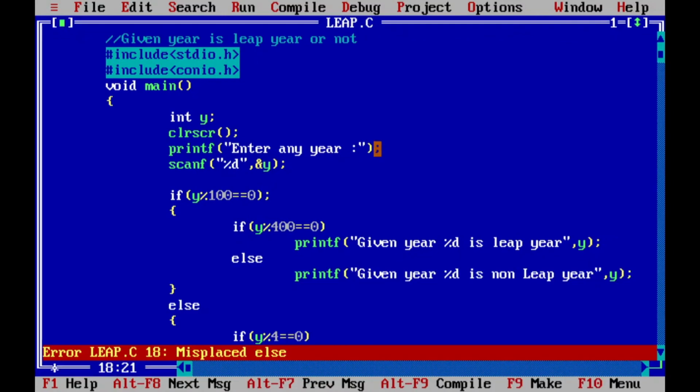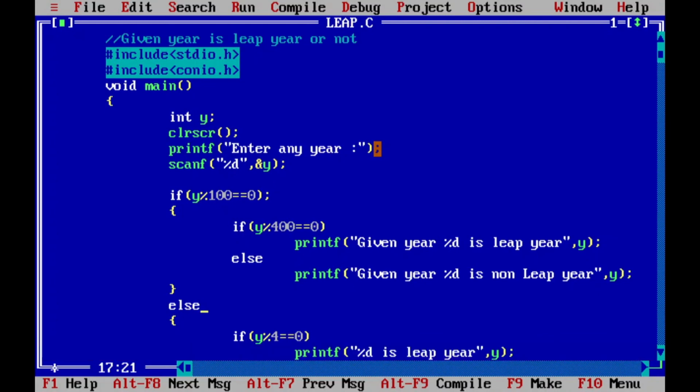It shows a misplaced else error because here the if is terminated by a semicolon. There is no if, then what is this else? That's why it displays misplaced else. So check the if condition, then delete this semicolon. These are usual mistakes. Don't do that.